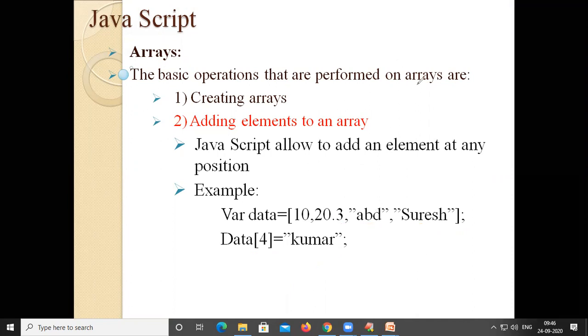So coming to the next one, similarly we can have any value at any index. So here there is no mandate to go sequentially. It is not a mandate to add the element at first position and then at second position and then at third position, and only then add the element at fourth position. This is not the way. Here we can have any value at any position. We can have the value at first position, and then we can have the next value at 100th position.